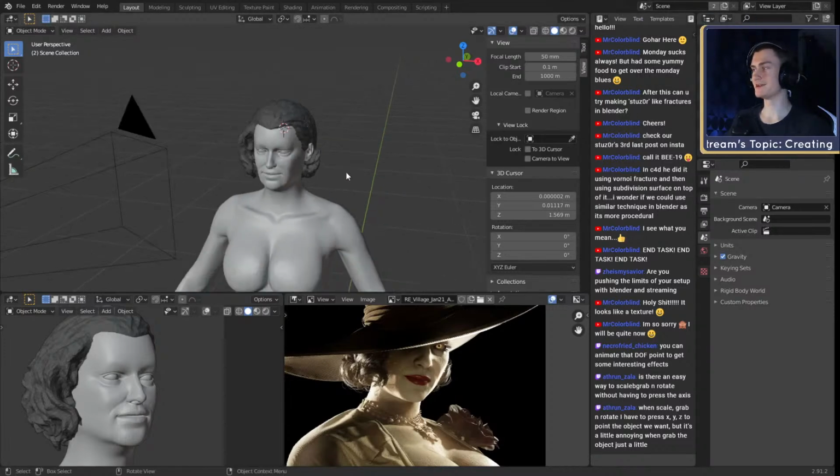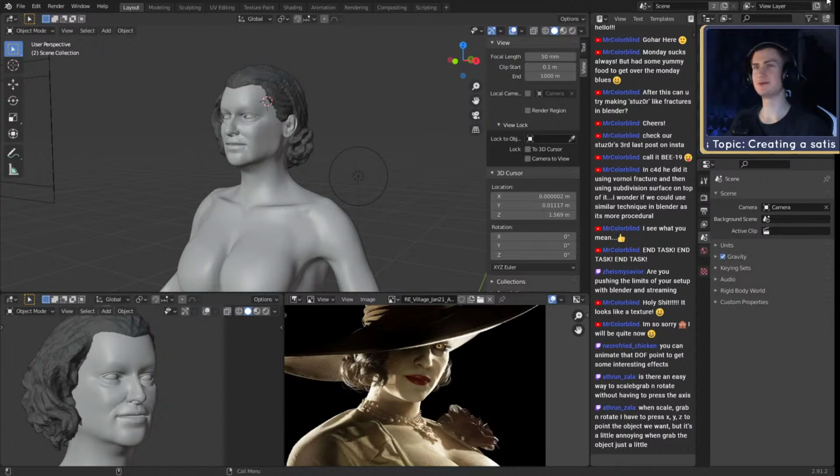Okay, I lost my hair particles, but that's not too bad. Shouldn't take too long to set up. Let's call that character. Make a new scene, full copy, and call it GER cards.